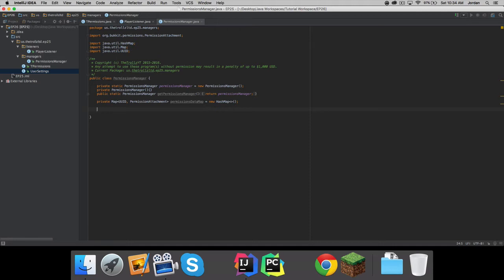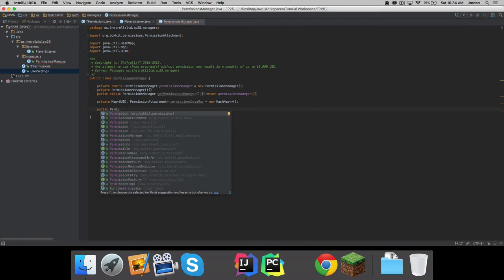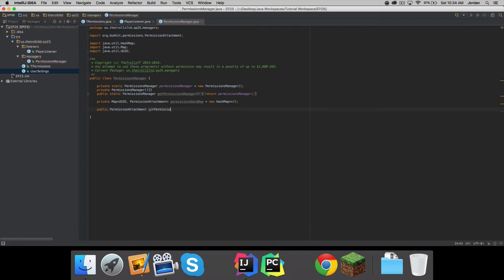What we can do now is go ahead and say public permission attachment get permission data for UID. So we're going to pull it for a player's UID. We're going to say if permissions data map dot contains key UID, then return permissions data map dot get for UID. Otherwise, if there is no data to be found in that map so far, what we're going to do is,